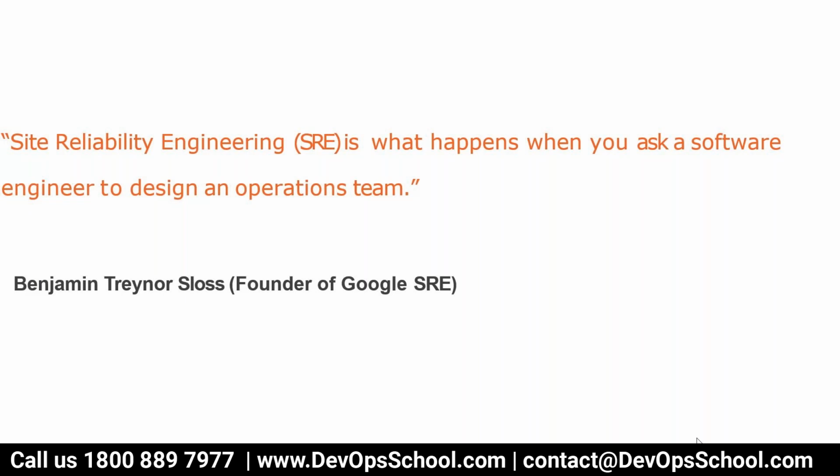Earlier this approach was not there. We used to call it ops. If you remember some of the characteristics of the ops team, they are very scared of new changes. Sorry, they don't want any new changes. They want the system to be available and stable, but they don't want the new changes. But development wants new changes every time: new bugs, new fixes, new features, and all.